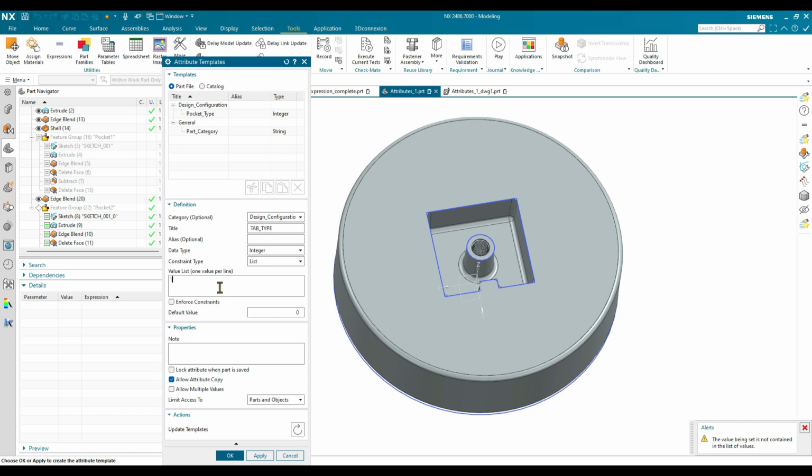When you're typing it or you're building a list, all you have to do is type the number, hit your enter key to go to the next line, and type in the next number. Enter key, and 3. So we're going to have 3 different tab configurations in this particular design. And now I'll be able to choose those in my attributes, my part attributes. I can hit the drop-down list and choose which configuration of tab that I want to show up on the